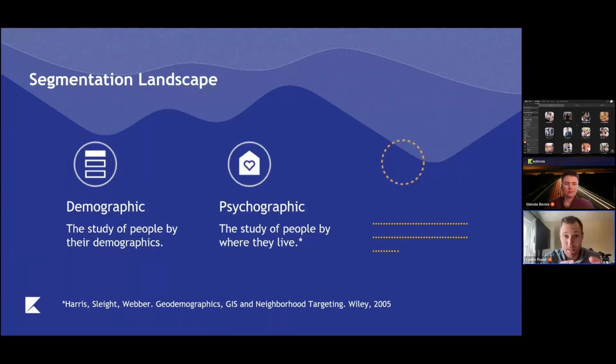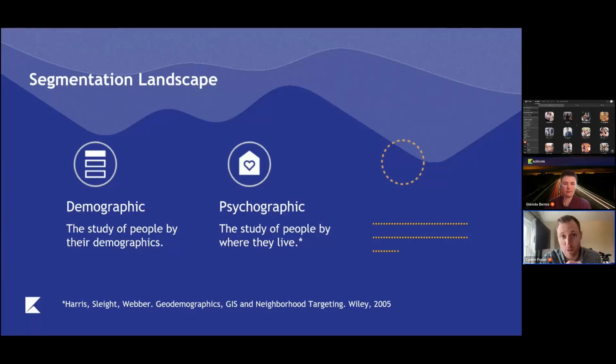In the 1970s, we attempted to really bridge that by bringing in attitudinal information in with psychographic data. So psychographic data is the study of people based on where they live. And what typically will happen is you will take a neighborhood clustering of people of similar demographics and cluster in anywhere from 50 to 72 different segments. And then we'll apply survey data to those segments to see what might those people do based on how similar people have answered a survey.